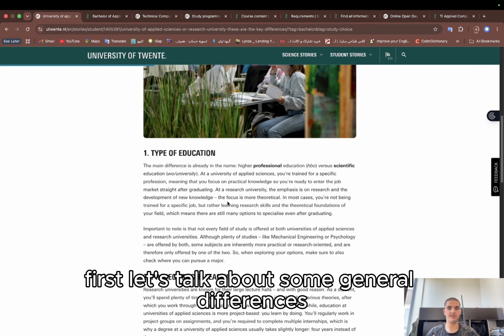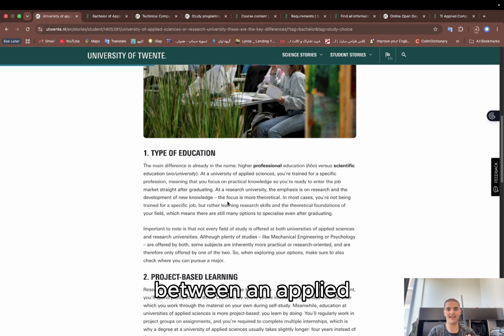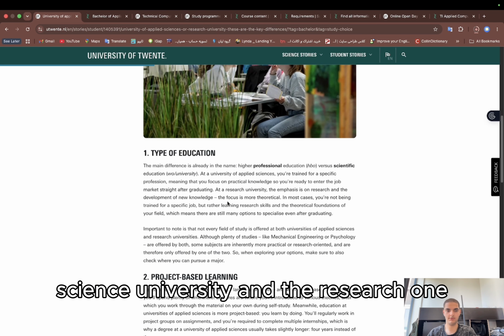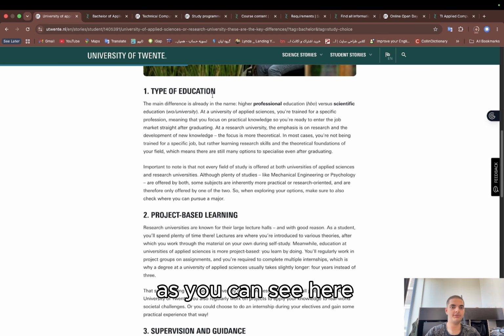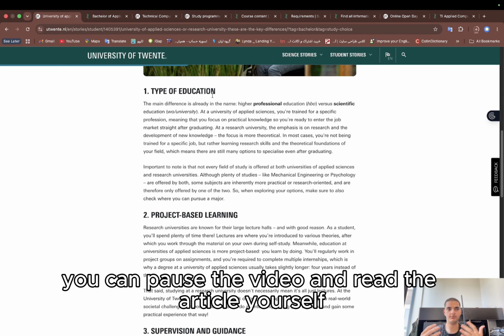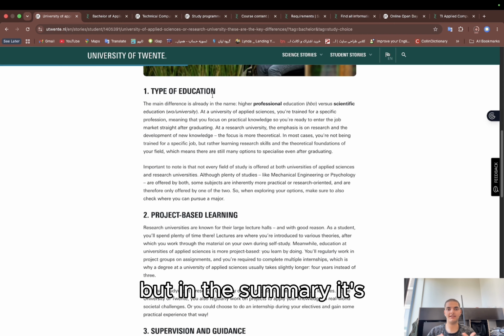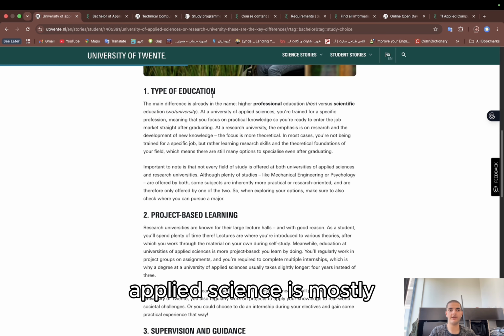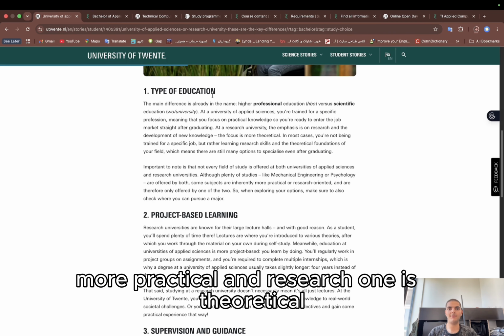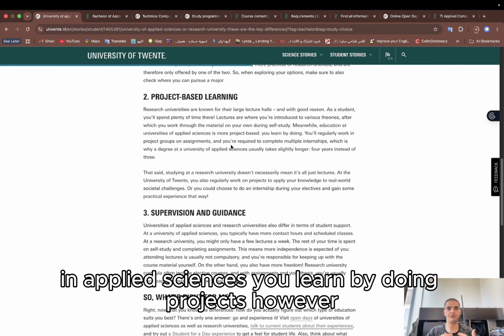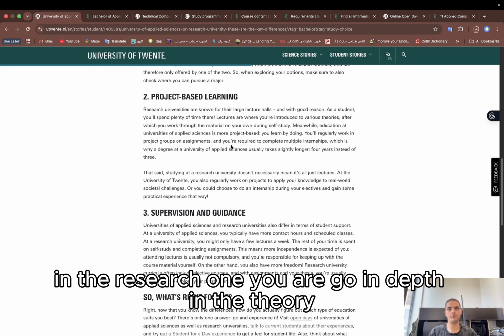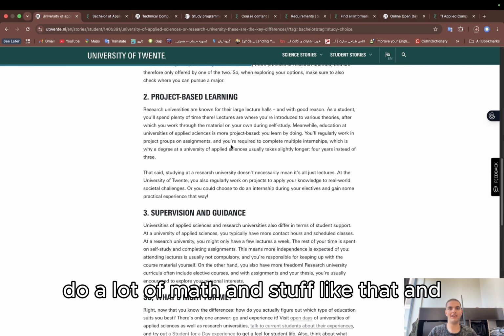Let's talk about some general differences between an applied science university and the research one. First is type of education. As you can hear, you can pause the video and read the article yourself, but in summary, applied science is mostly more practical and research one is theoretical. In applied science you learn by doing projects. However, in the research one, you go in depth in the theory, do a lot of math and stuff